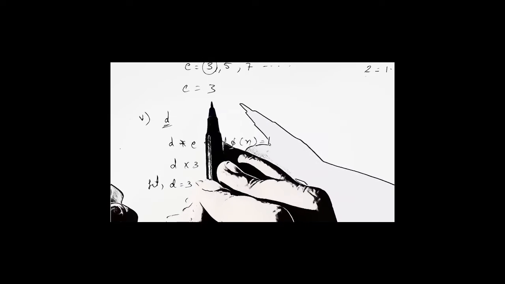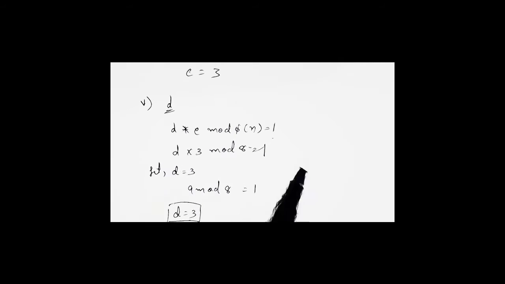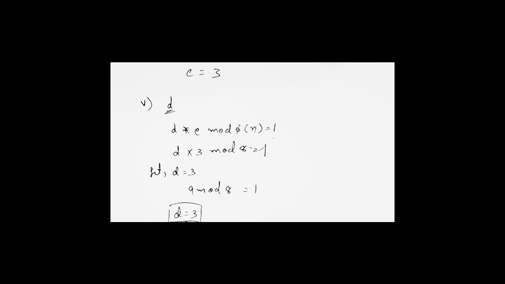The thing here is, we should not get these two values the same. As you can see, we should not get E and D values the same. For this simple calculation I have shown you, but if these two are the same, then there is no point, right? These two should be different. If we take E is equal to 7, then there will be a different value for D. In such a way you have to take.